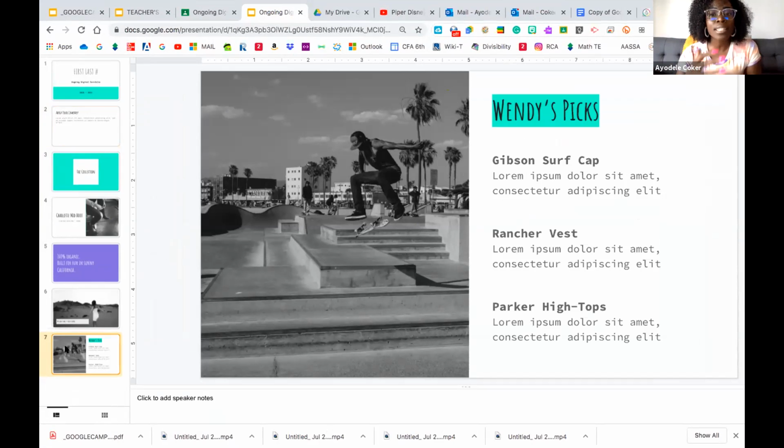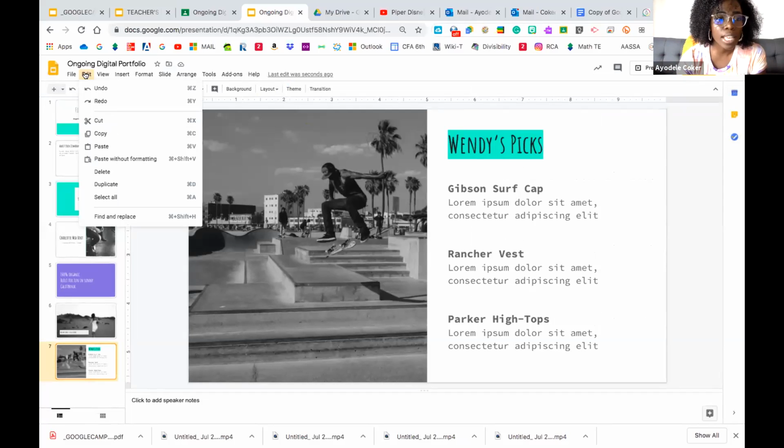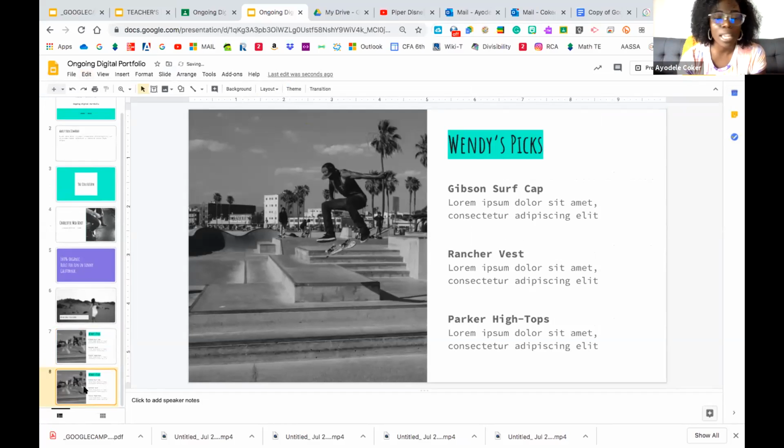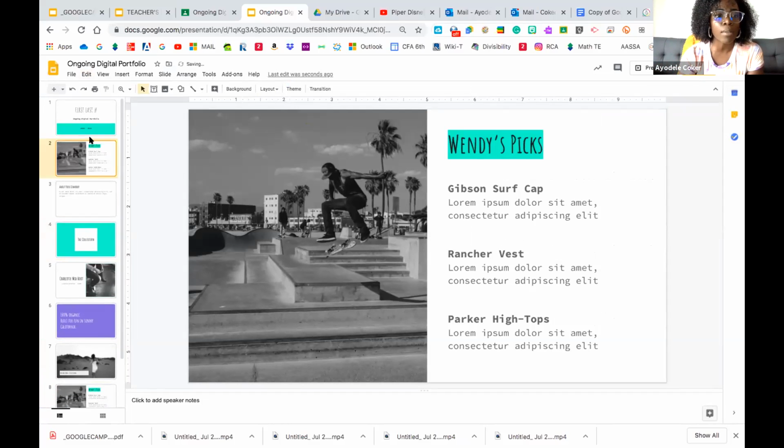Okay, but I want to save this template to use for other assignments or other things that I might need in the digital portfolio, because literally the portfolios last all year long if you want. My students, we do them all year long. So I'm going to make sure the slide that I like is selected. I'm going to edit, copy, and then edit, paste. Okay, and it makes a copy right then and there. For you techie people that already know the shortcut, make sure it's highlighted. You can just hit Control C and Control V. It's okay if you have a lot of extras. It can just be saved for a later date.